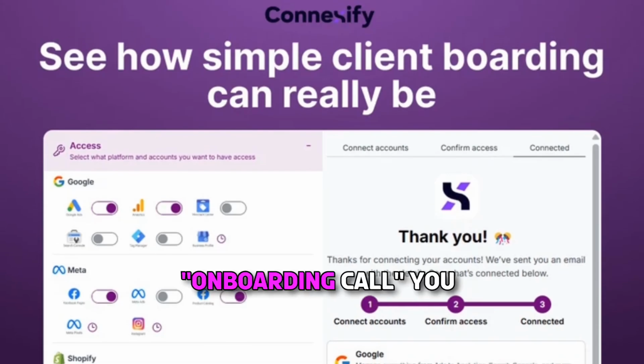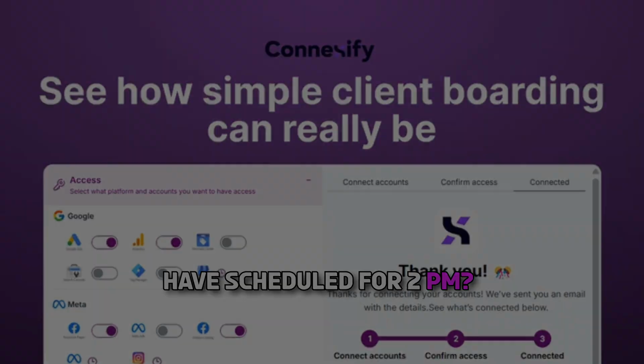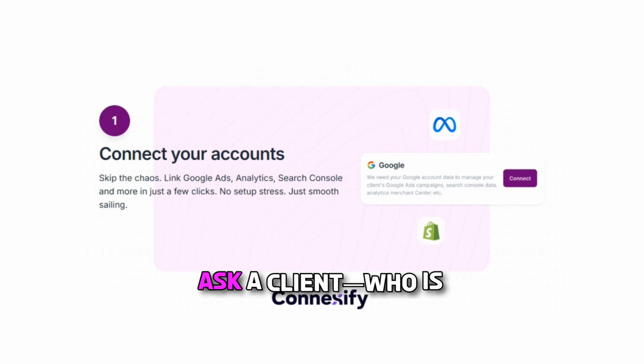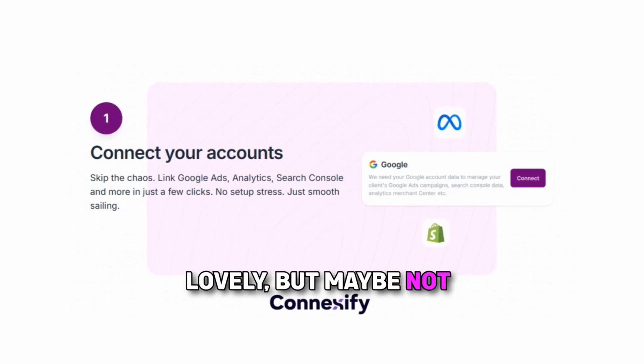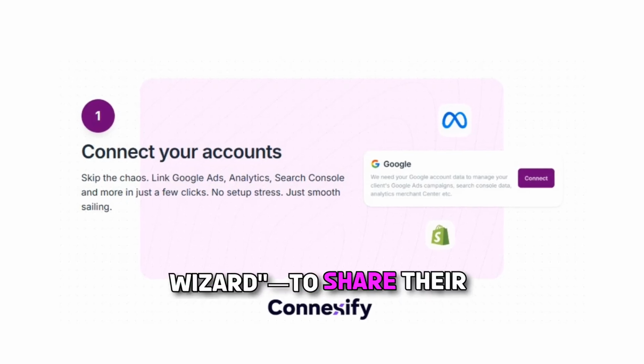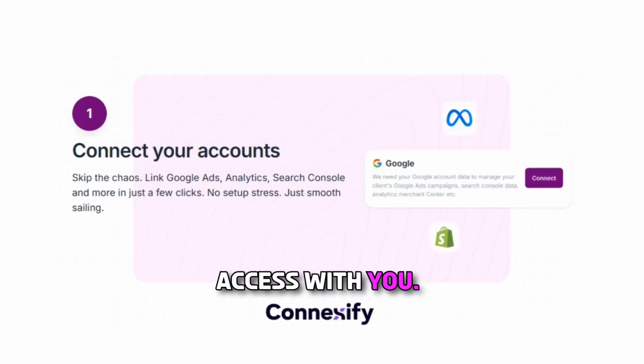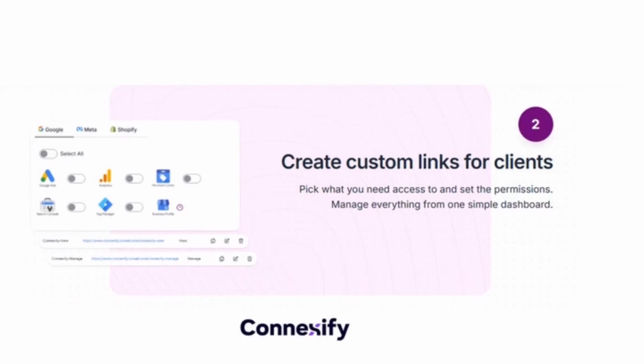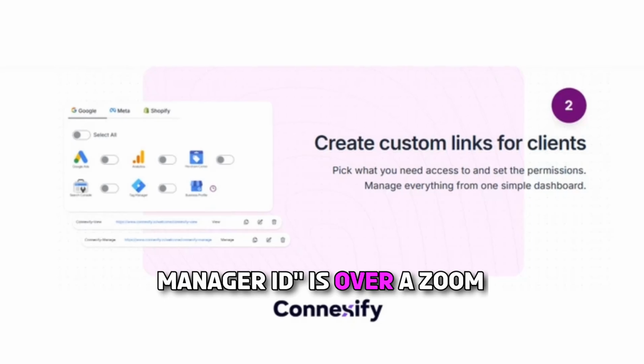Are you currently dreading that onboarding call you have scheduled for 2 p.m.? You know the one. The one where you have to ask a client, who is lovely but maybe not exactly a tech wizard, to share their Facebook ad account access with you. Are you picturing the nightmare of trying to explain what a business manager ID is over a Zoom call while